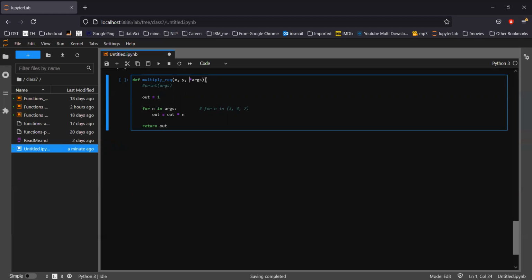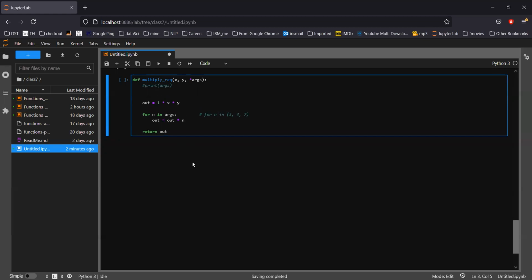And then if he is passing anything, that's good. If not passing, that's also good. Now the output, this out calculation, will change. Can you tell me what modification I have to give to out equal to 1 right now? It will be star and X and Y. And obviously the conversion is required here, so let me make that. Now let's see how this will function.